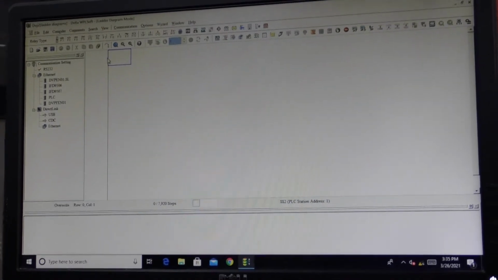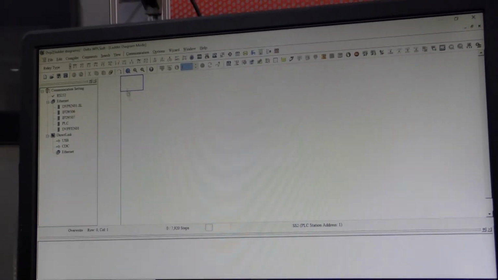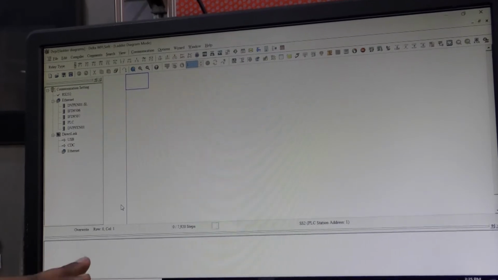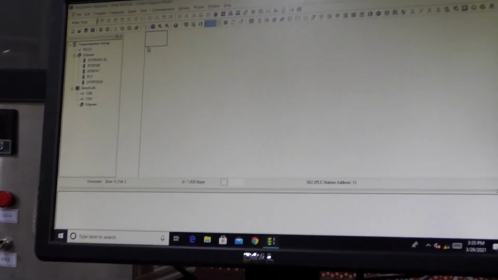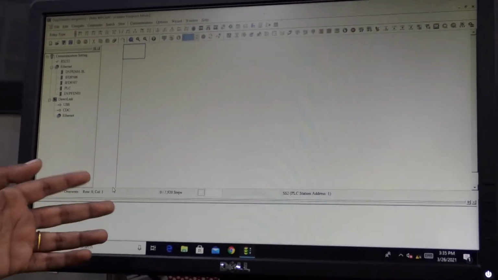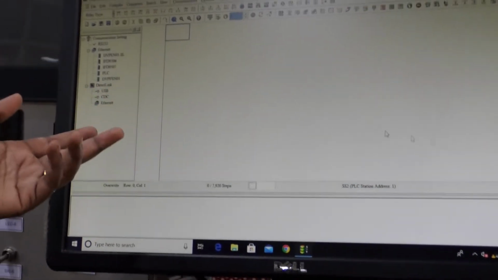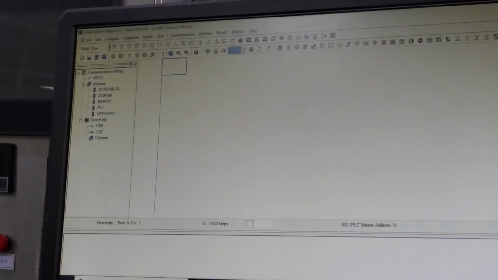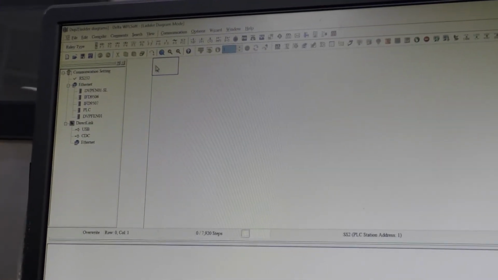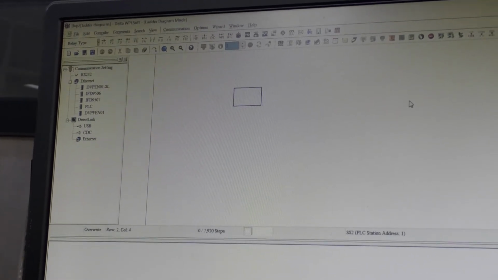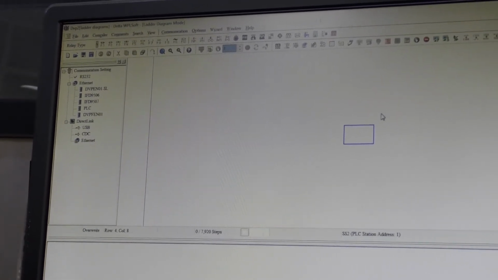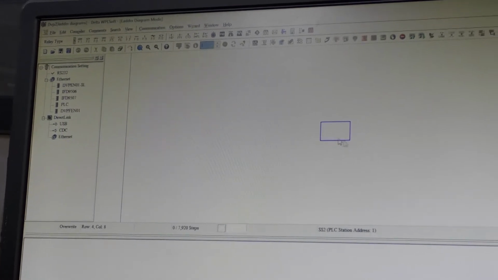This is the input power line. Why it is called a ladder, we'll also know that. Before going to that, you can see this is the input power line. Let us think of it as a positive terminal, and the negative will be coming at the end. Wherever you select the cursor, there you will get the inputs or outputs, whichever you want.